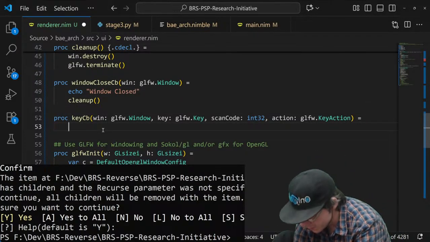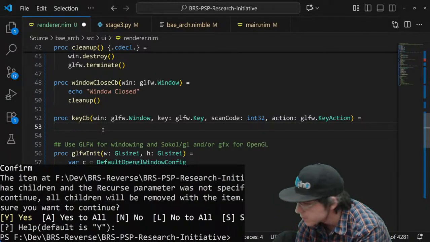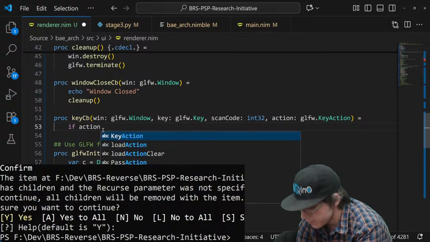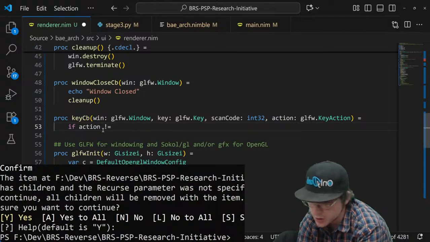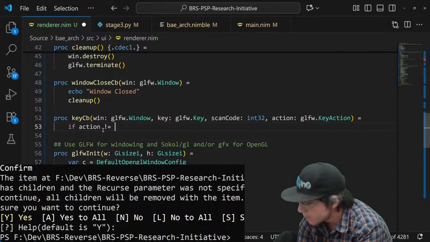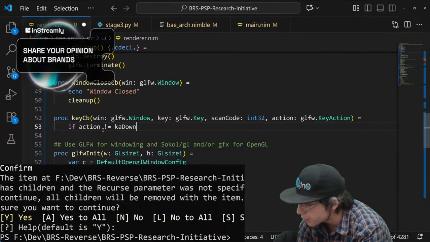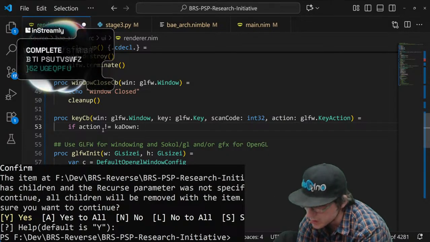What the crap? Oh wait, no, I'm not. Okay, so this right here just closes it out if the keyboard is not being pressed.